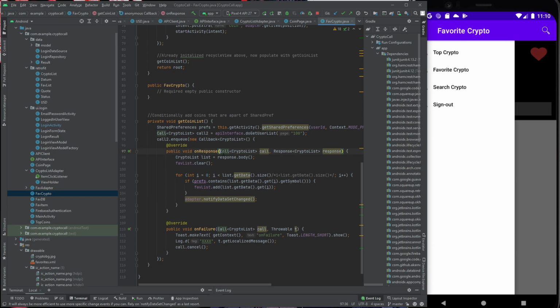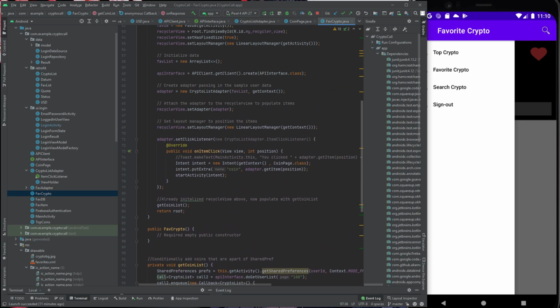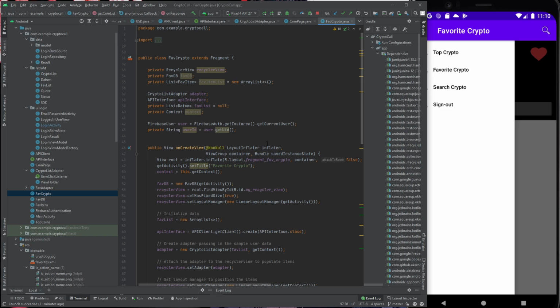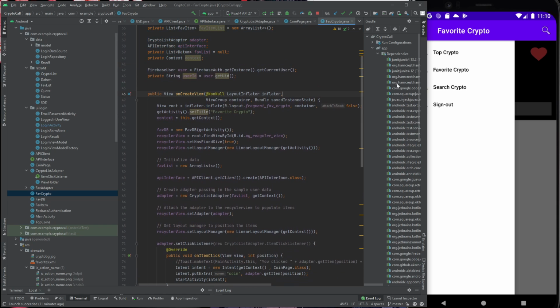That probably didn't make a lot of sense, but yes, that is everything. The crypto favorites is a fragment, and